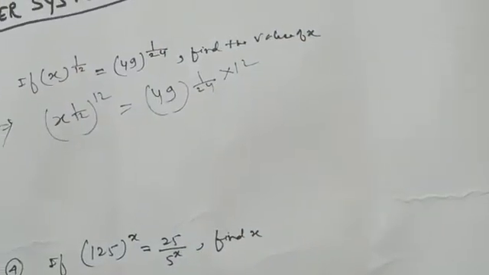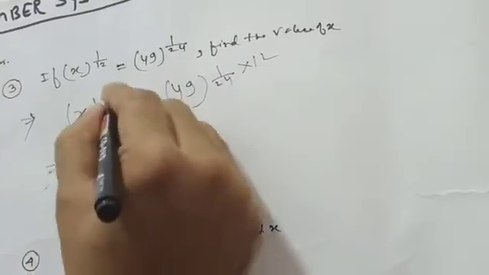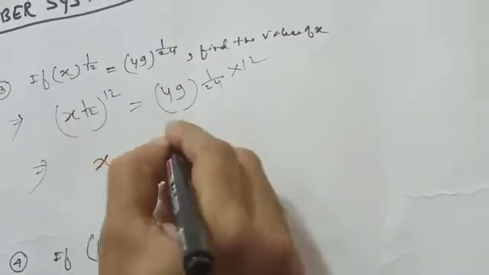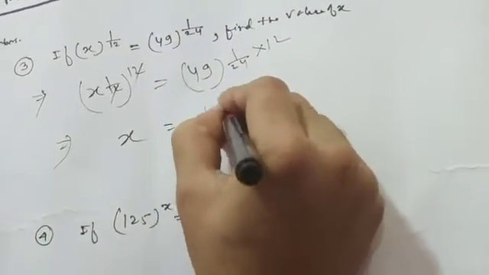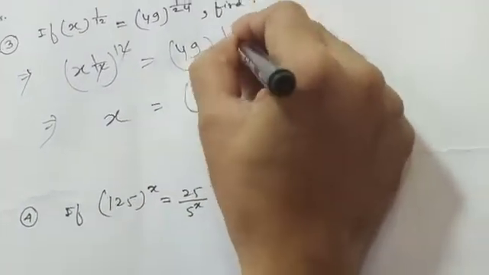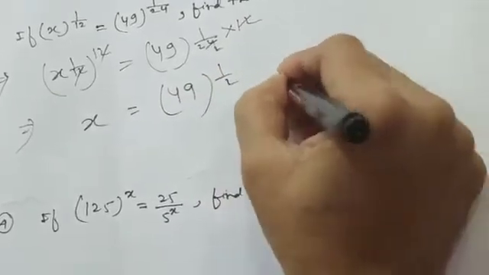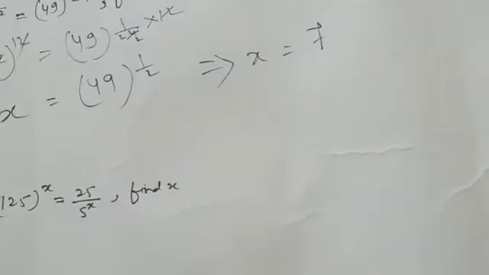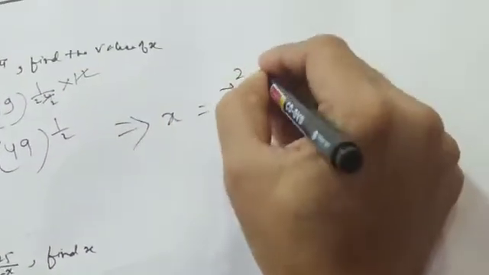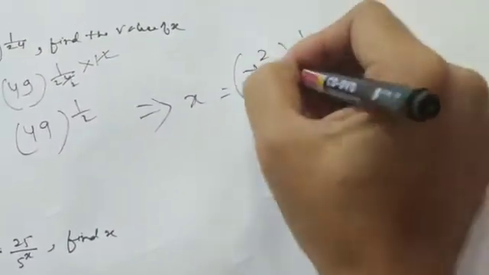12th power, we are taking on both sides. So what happened? Again mn multiplied, we are left with x only. This 12 cancels. And over here, 49, this time 2 times it is 1 by 2. So it is x equal to, again you write 49 in terms of power, 7 to the power 2, 1 by 2, the 2s cancel. Now it is 7. Is it? No problem at all. So the answer is 7.